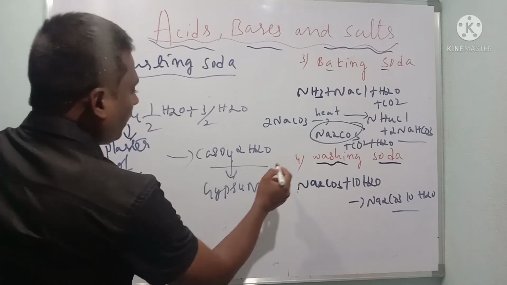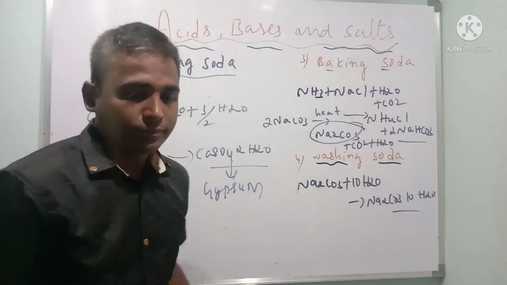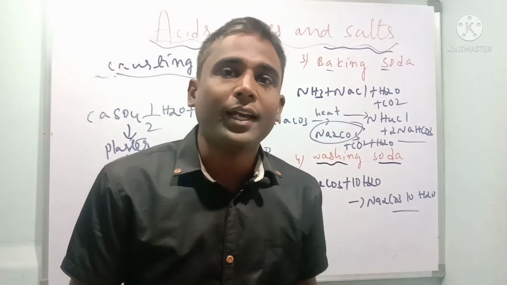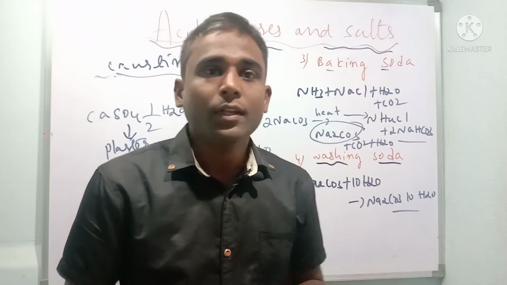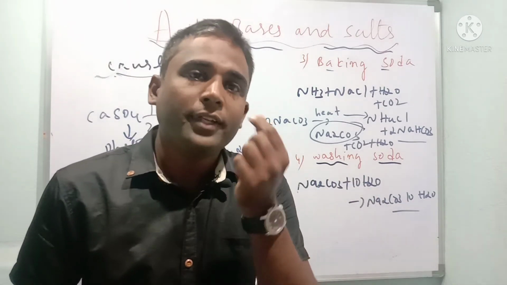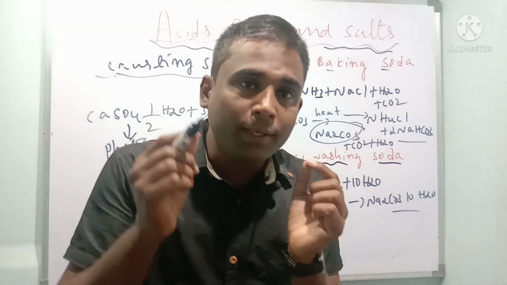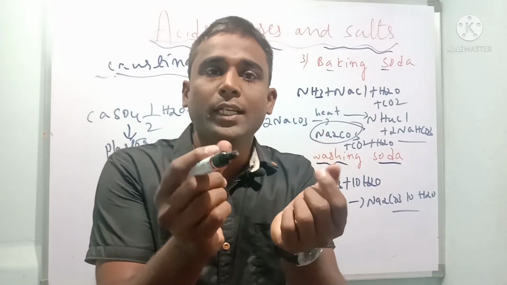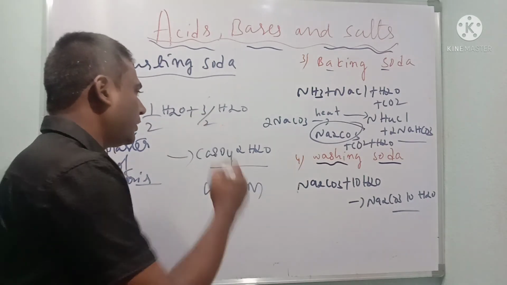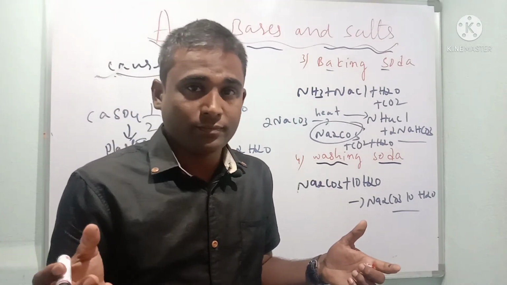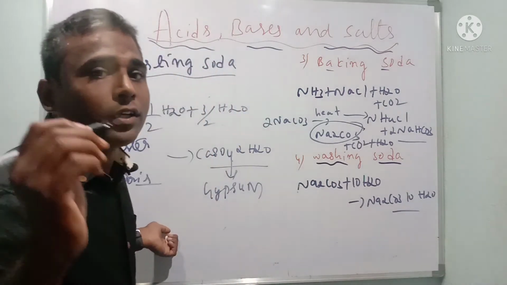Now this is the reaction of plaster of Paris. Now uses of plaster of Paris are very important in exams. Dear children, very simply, they use it for making toys. And when you go to the dentist, if the tooth is not there, he is going to take impressions. To get the impressions, we use plaster of Paris. And also we use it for decorating things, and as artificial rods.